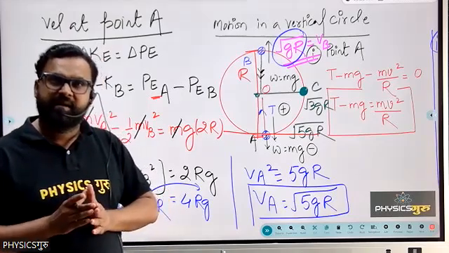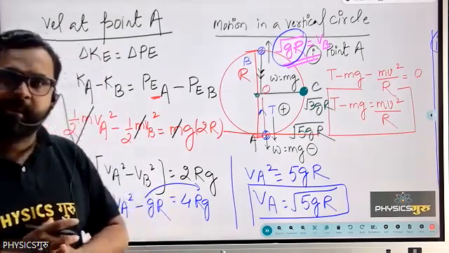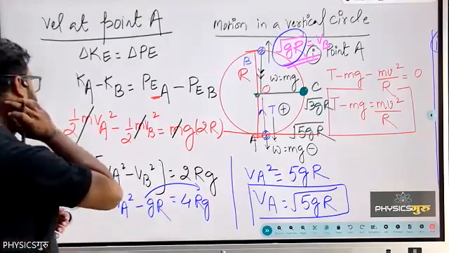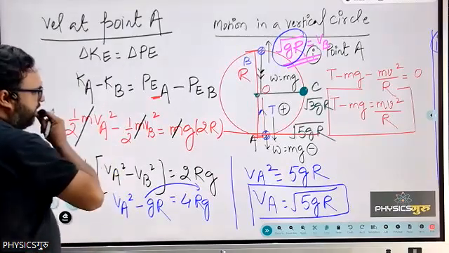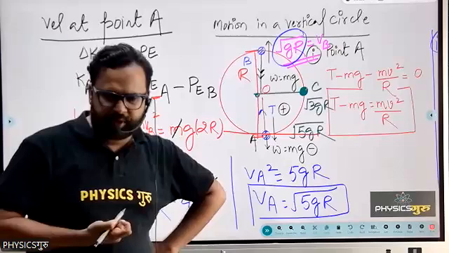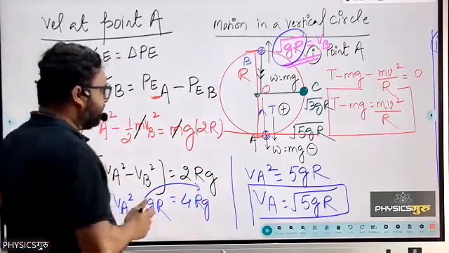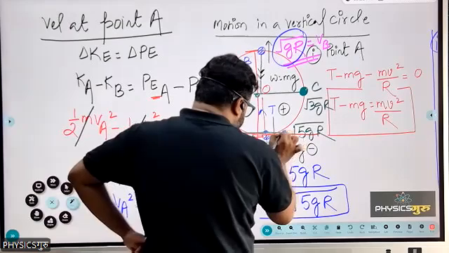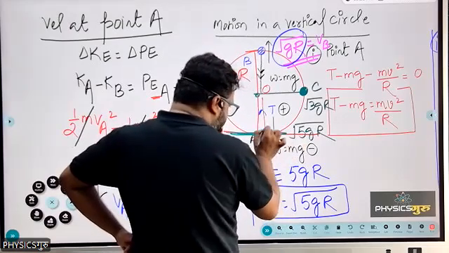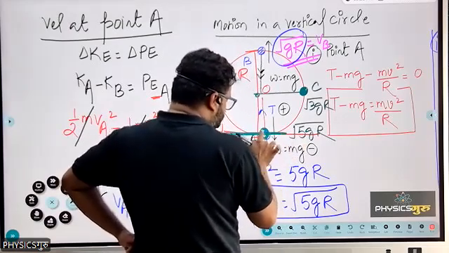So can you just explain the potential energy part? Okay. Now see, basically we want to find the change in potential energy. Potential energy is basically mass into gravity into height. If I take this point as a reference point, at this position height is 0. That means potential energy